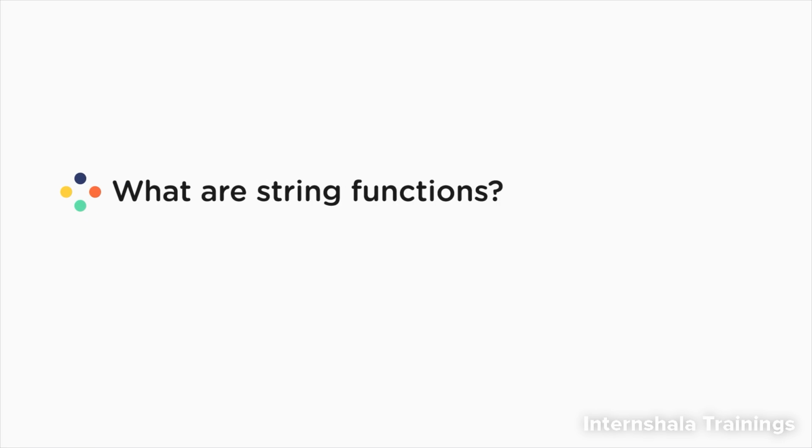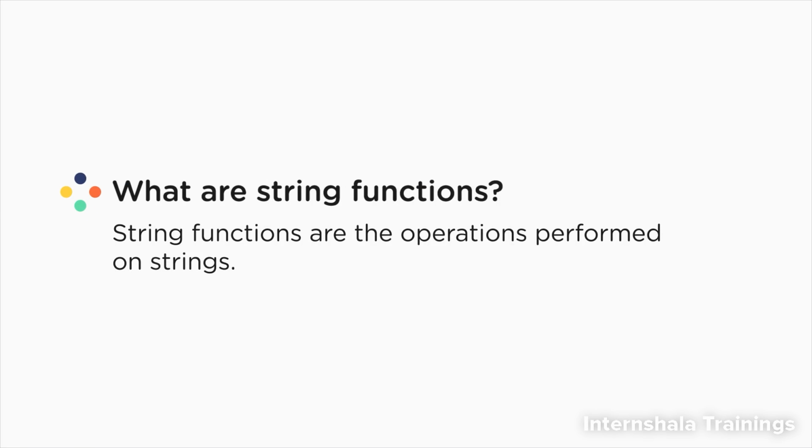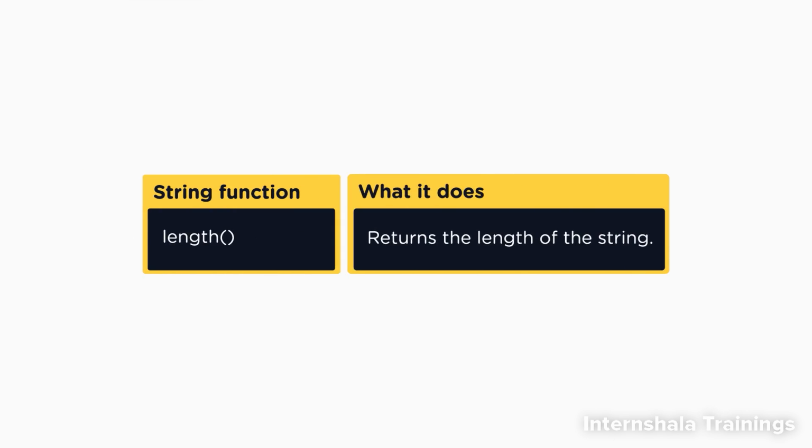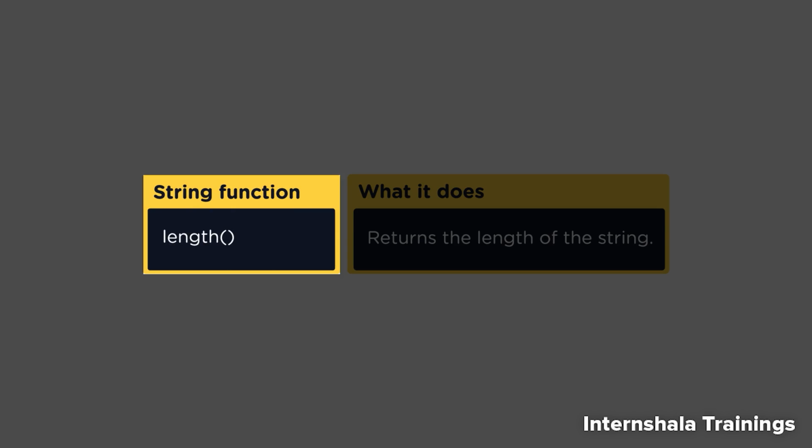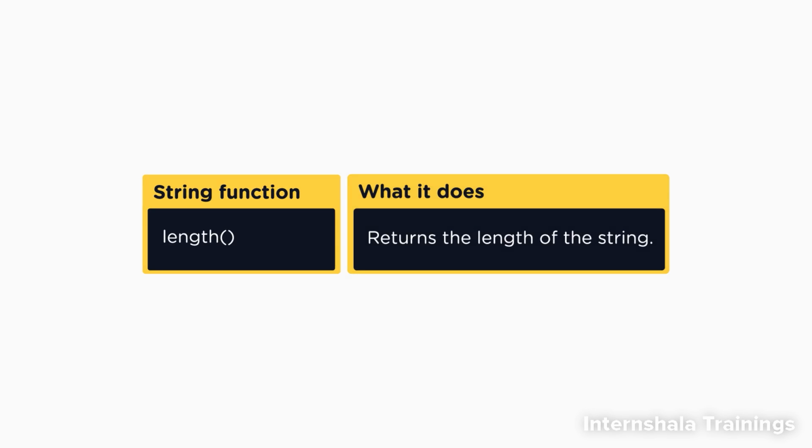So we know a little bit about what functions are. String functions are the operations that are performed on strings to manipulate them or to extract some data from or about them. This will make more sense when we actually look at some string functions. So let's get on with it. This is the first function that we will be looking at. This function returns the length of the string by counting the indices in the index table. Now, for using any string function, we use the dot operator. Let's see how we can use the string function.